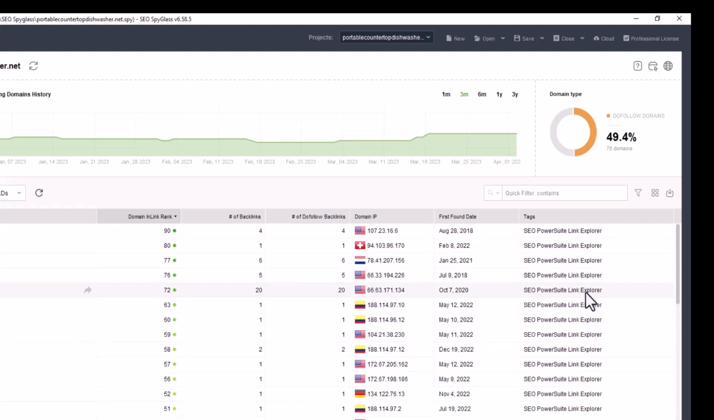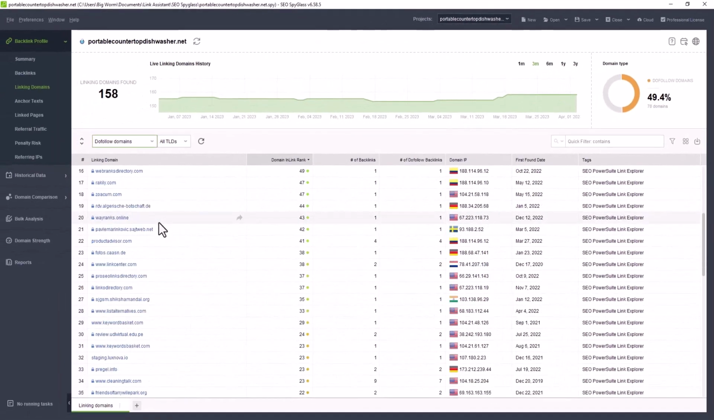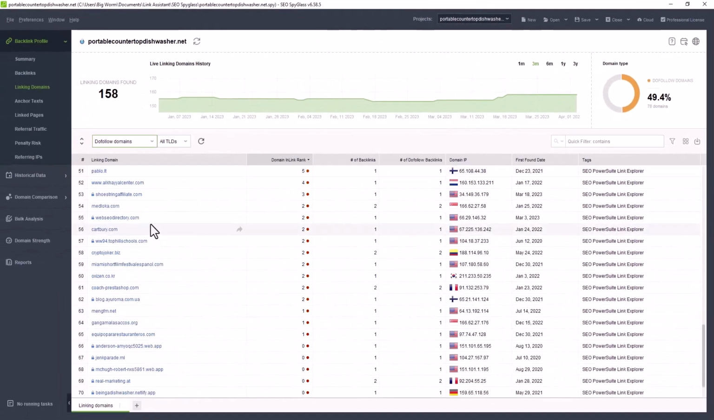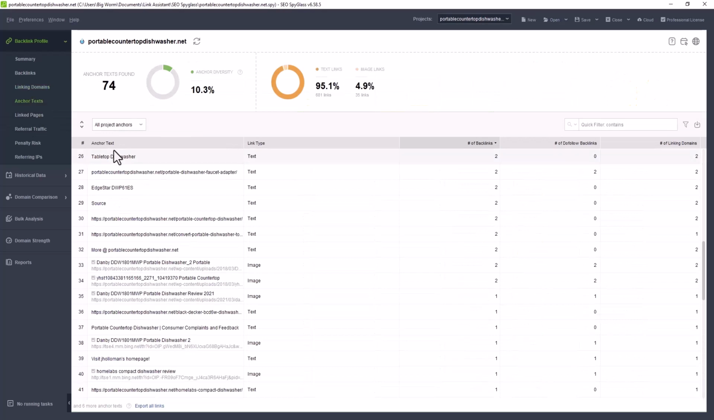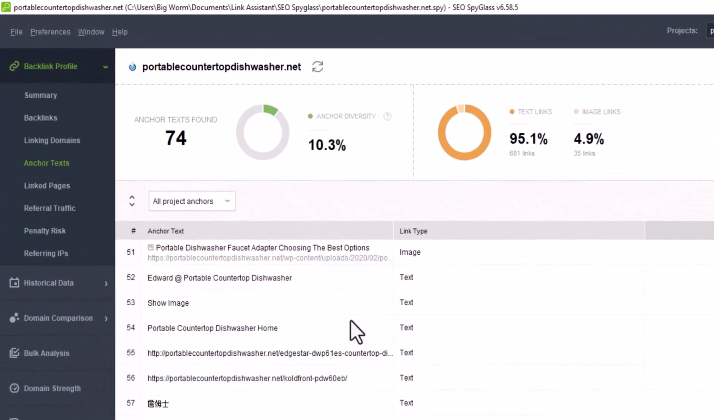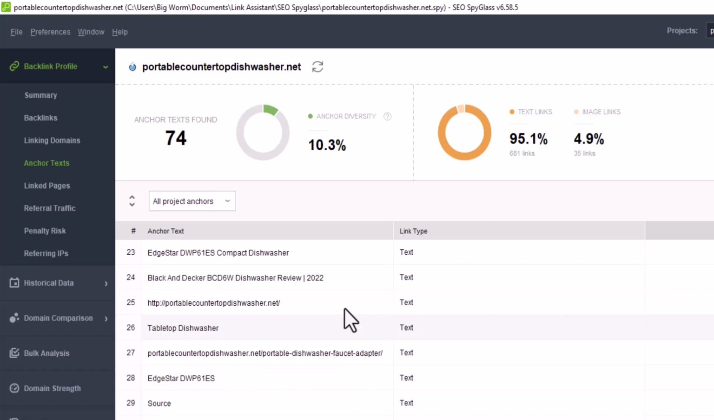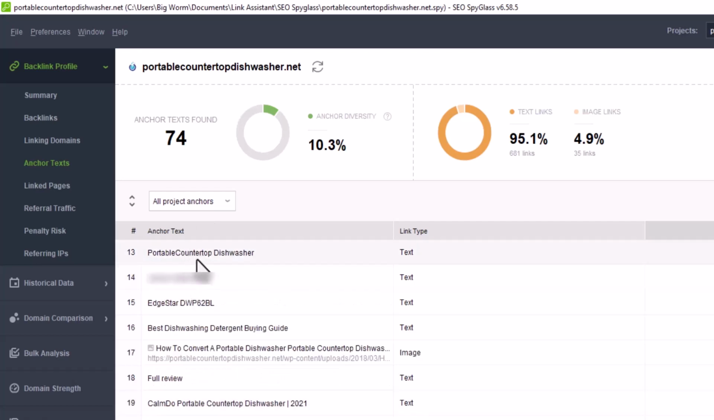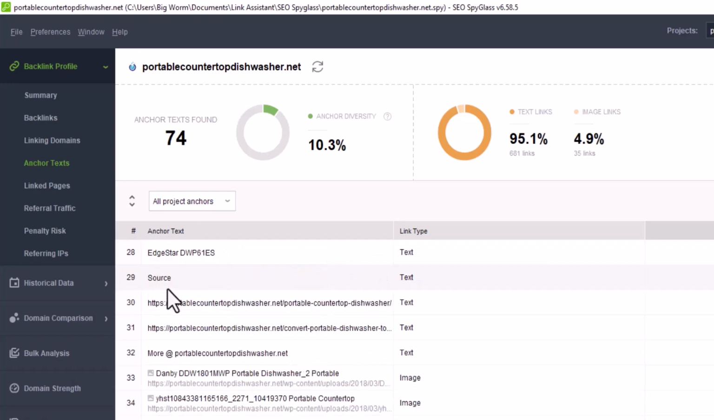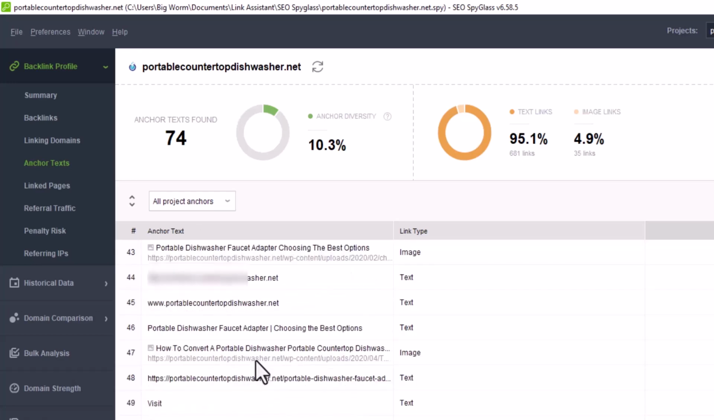And then tags, you could set it up and give it something more descriptive, but what this is saying is that it's using the SEO Powersuite Spider to go ahead and get the backlink information. So here's all the domains, as you can see. Then with the anchor text, you can actually see the anchor text that the backlink is associated with. So whether I did blog commenting or anything like that,